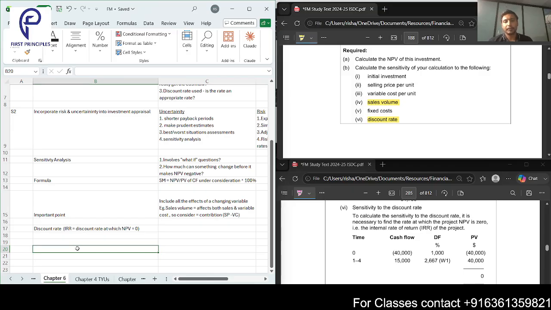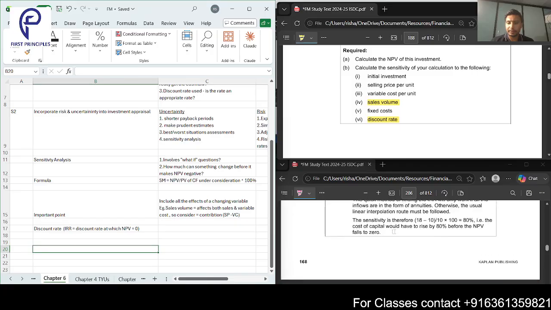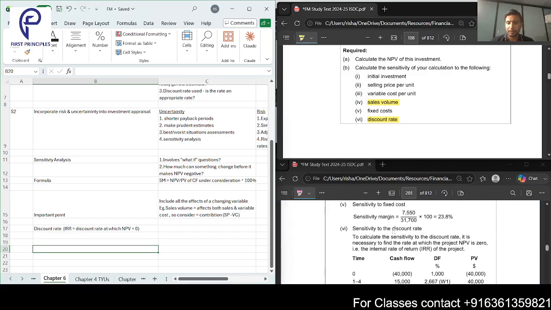So to calculate the sensitivity to the discount rate, it's necessary to find the rate at which the NPV is zero, which is the IRR. Whenever they tell you to calculate the sensitivity to the discount rate, you just have to calculate the IRR. So when we talk about IRR here,